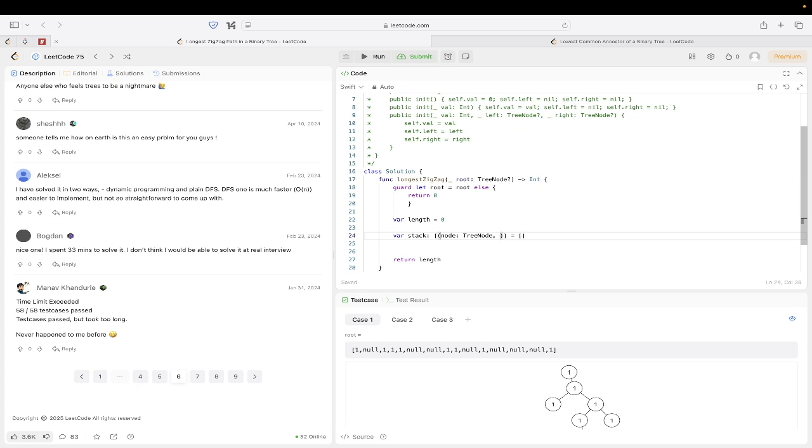And we're gonna have zero for our length, right, which is an int. And then